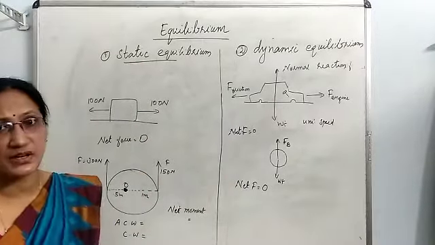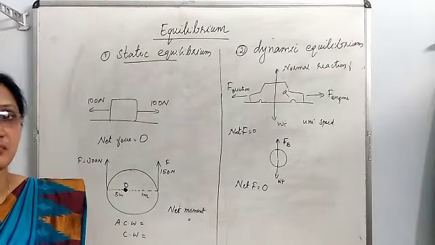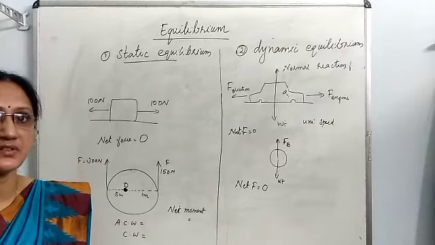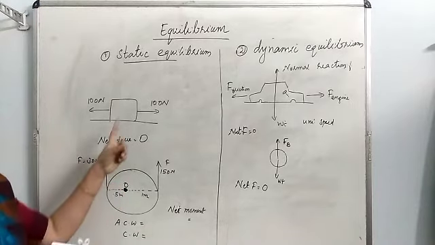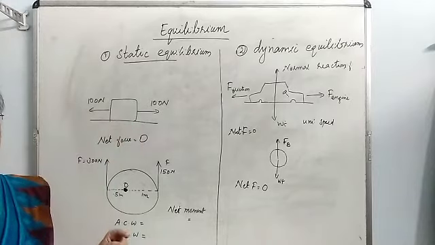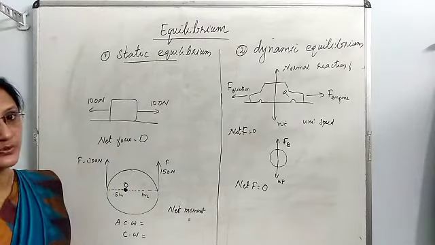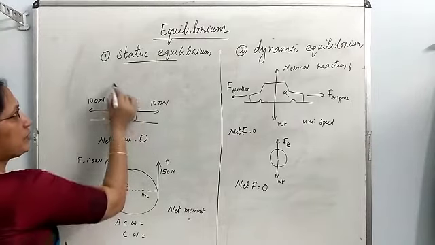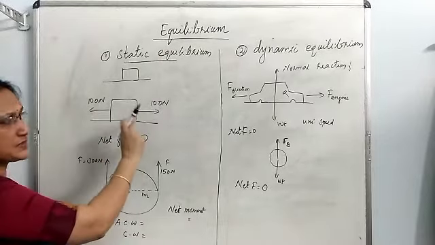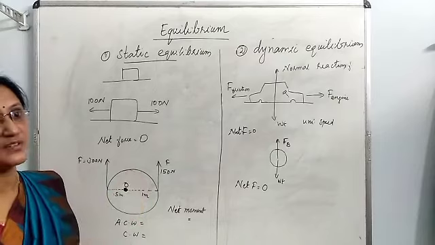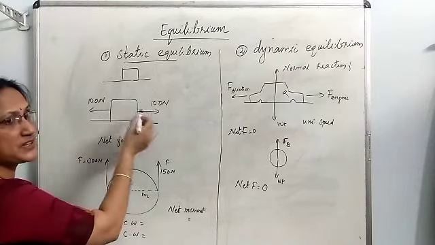And let us see the meaning of static equilibrium. On a body at rest, some forces are acting, but the body still continues in the same state of rest. That is the meaning of static equilibrium. Consider an example. A wooden block is kept on a table surface, and two boys are pulling this wooden block with equal force in opposite directions. This wooden block was initially at rest. Then, after applying these two forces, the wooden block will still continue in the same state of rest. What is the reason? Because the two forces, the net force is zero.